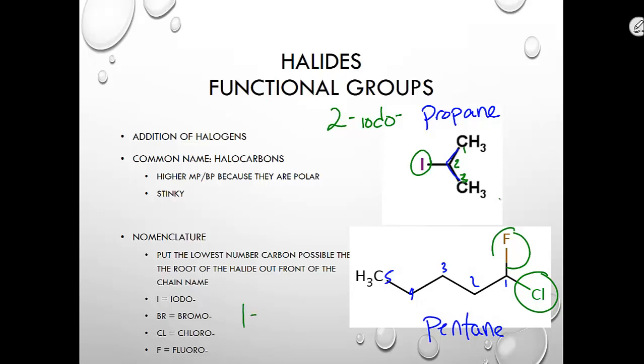So on carbon 1, we have a fluorine and a chlorine. We put them in alphabetical order. So this is 1 chloro, 1 fluoro,